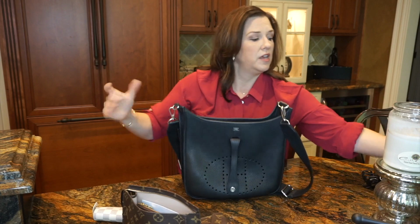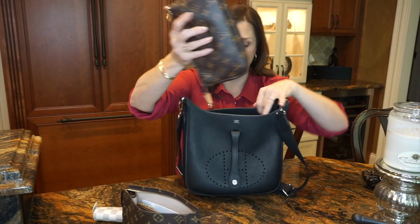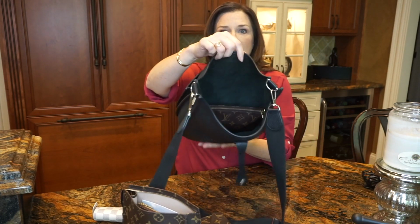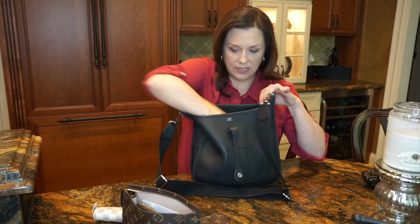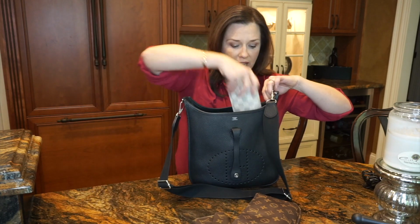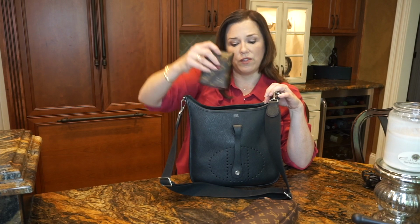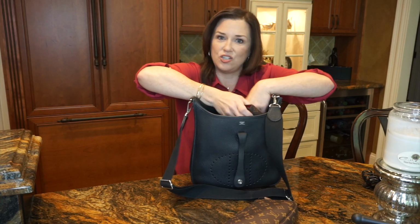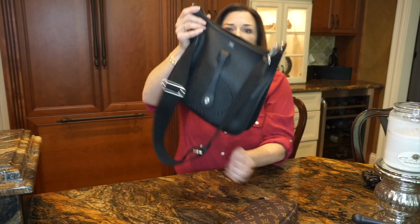Other things do fit. A full-size pochette accessoire fits beautifully, just right down there. That would be a great junk drawer type of thing. I do like that this one stands more upright, and then I can fit things down the side. You kind of have to stack up on top of it more than everything around the bottom because of the shape of the bag, the up and down, north-south way the bag is. But with these things in there,